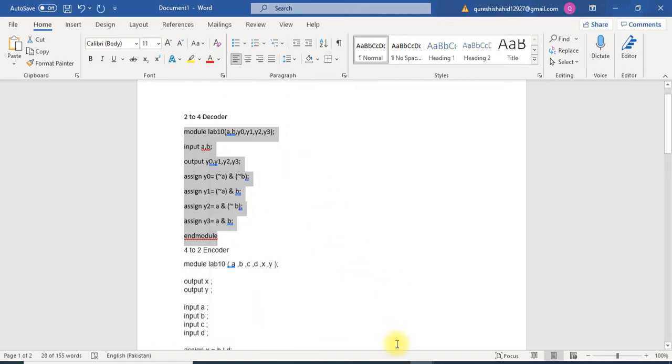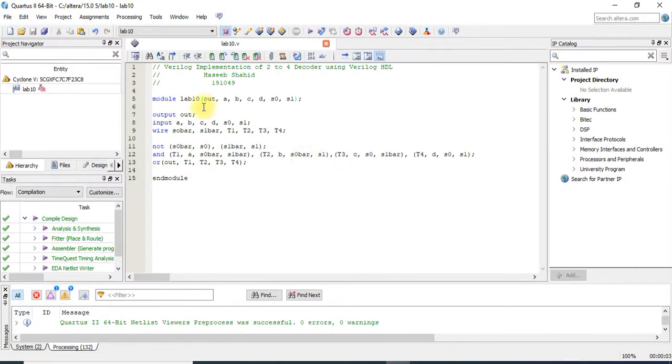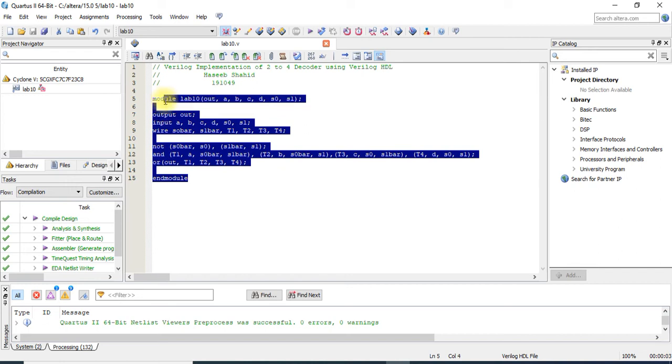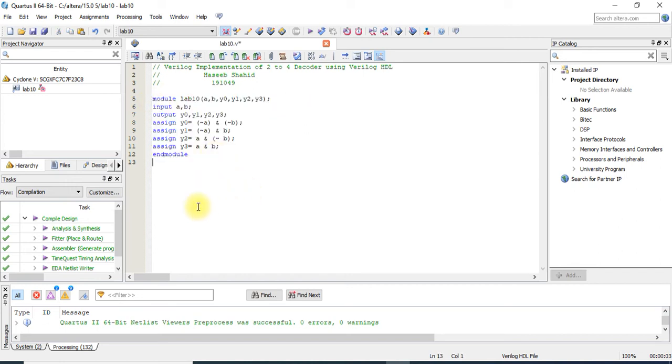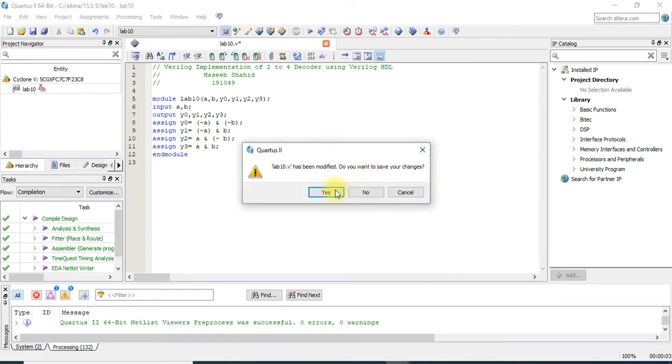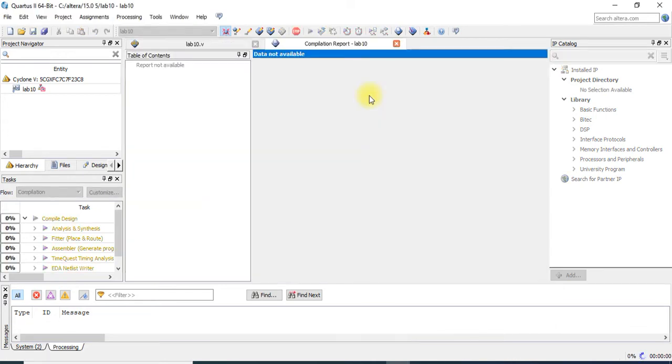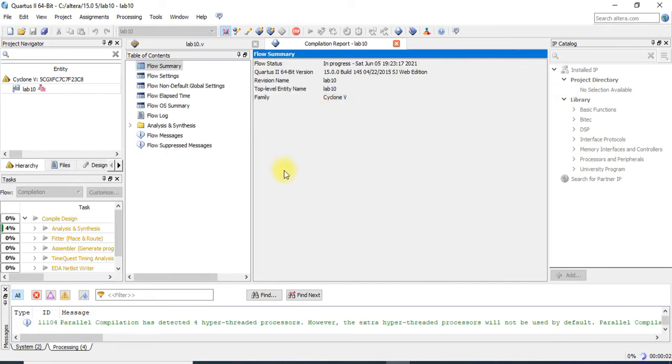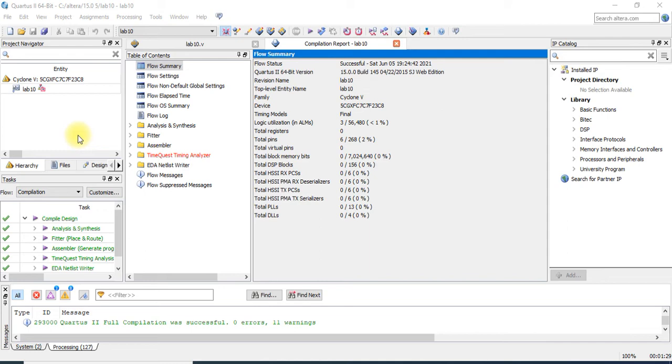This is the Quartus interface, as I have told you in my previous video as well. I am going to replace that code and run the simulation. Now wait until it completely simulates. So the simulation has been done.